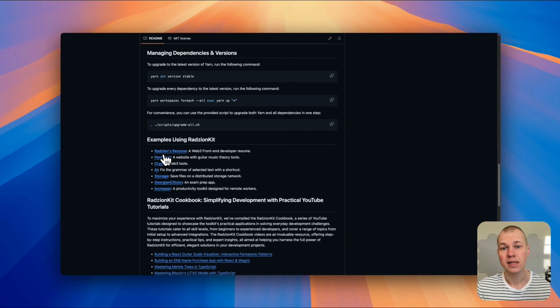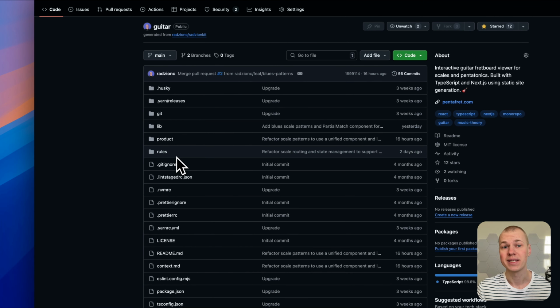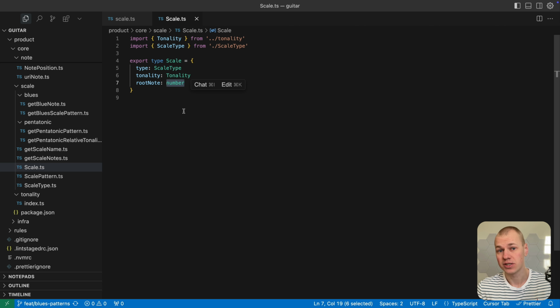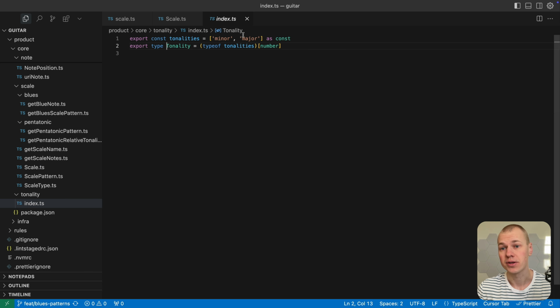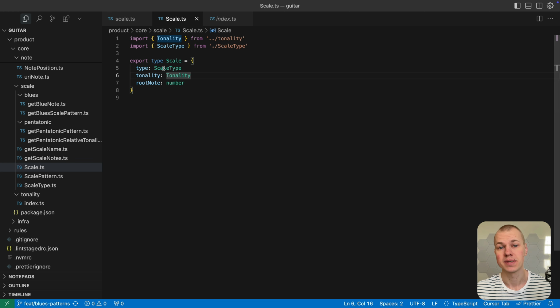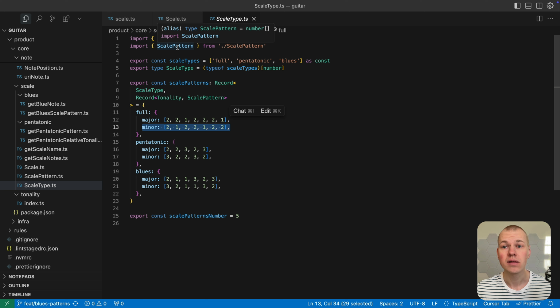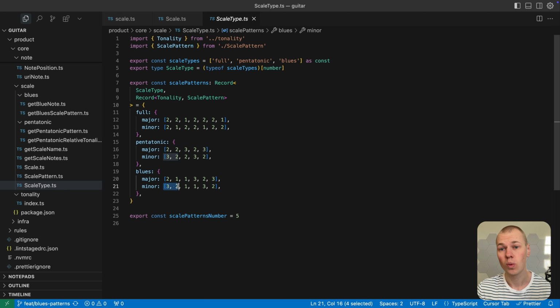A musical scale in our application is represented by a TypeScript interface with three essential properties: type, tonality, and root node, which defines the starting node of the scale. The scale's tonality determines its fundamental character, being either minor or major. Each scale comes in three types: full, pentatonic, and blues. The scale pattern represents the sequence of intervals measured in semitones between consecutive notes. For example, in a minor blues scale, we move up 3 semitones, then 2, then 1, and so on, creating